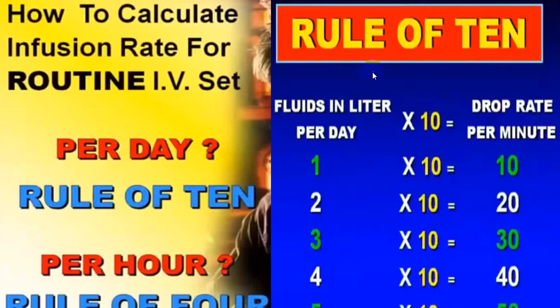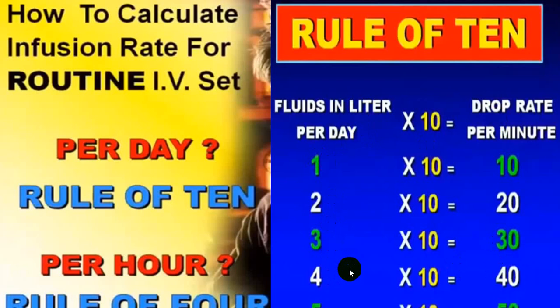So depending upon how much you give, accordingly you have to mention. Just don't mention 2 pints of normal saline, 2 pints of Ringer lactate and 1 pint of dextrose normal saline, but also how fast it is to be given, in how much time, etc. So roughly, if you calculate the drops, it will be so much fluid in liters per day. Say I want to give 3 liters per day, so I'll give 30 drops per minute roughly. If I want to give 4 liters, it will be 40 drops per minute, which will make approximately 4 liters per day.